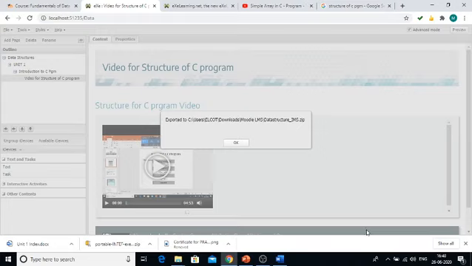Wait for some time. You can see a message like exported to. I have saved it under my Downloads, in the folder Moodle LMS, and see the file format, it is saved in zip format, data structure underscore IMS dot zip. Always, your IMS content management software supports only files saved in zip format.